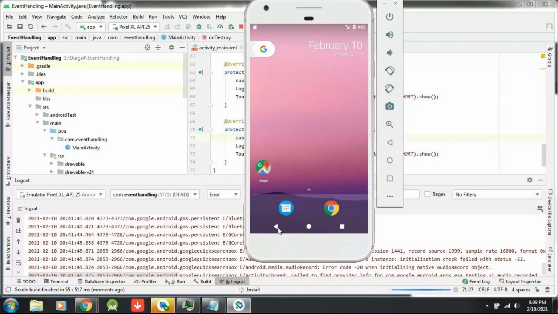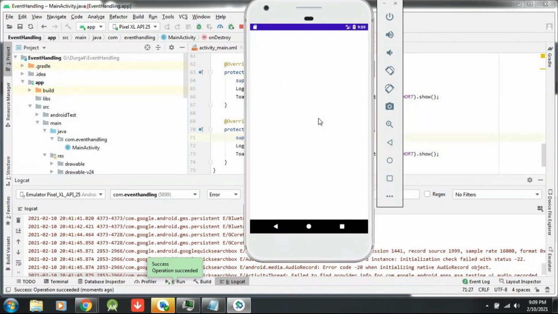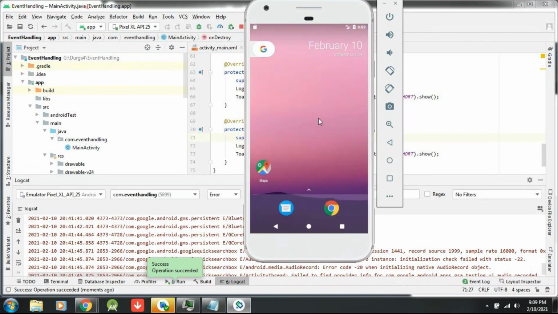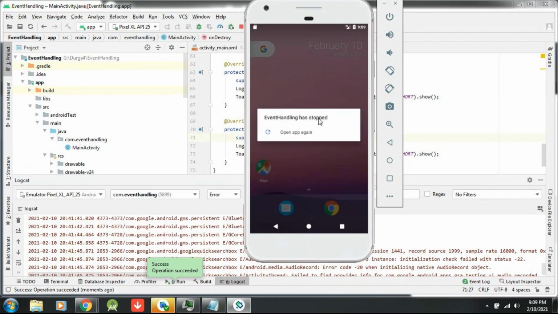Okay, it is installing. Just check once. So observe here immediately when it comes. Nothing came. Why is it starting?